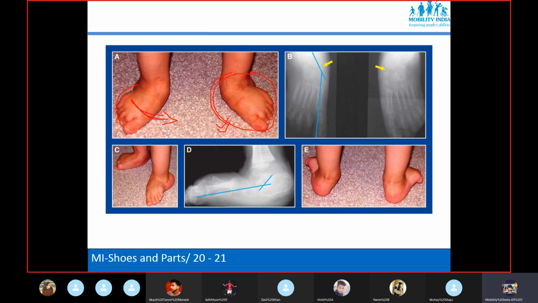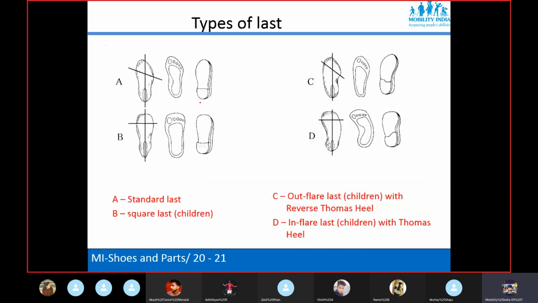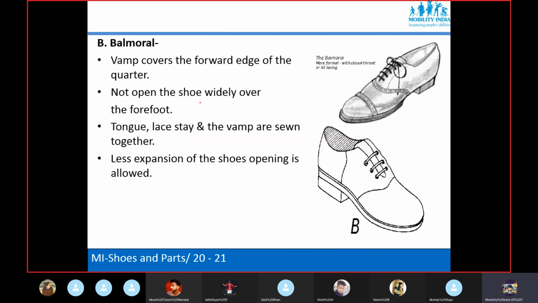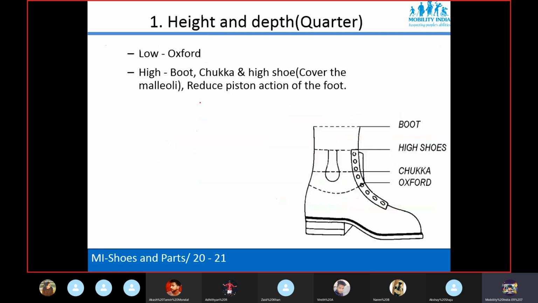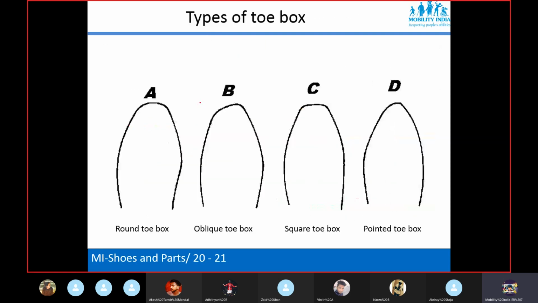So based on that, I will show you the picture of the toe box. Yeah, you can see here the toe box. So again here, if suppose that particular shoe is not available, then again you need to see which toe box of shoe can be used.